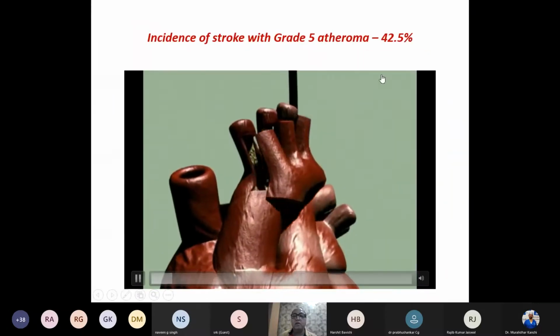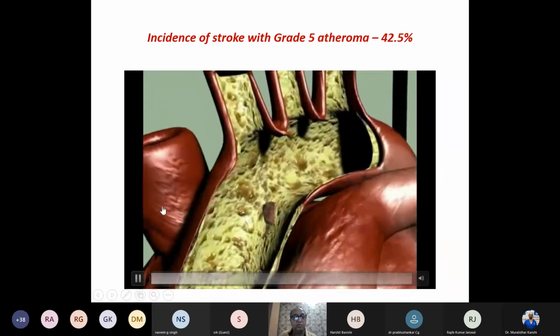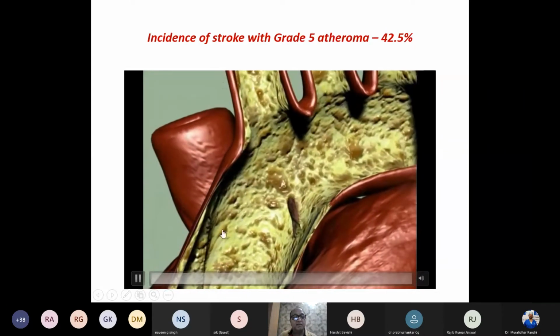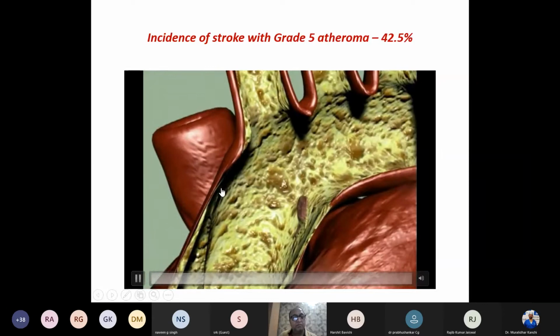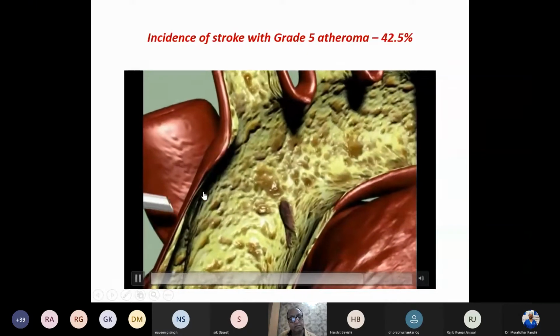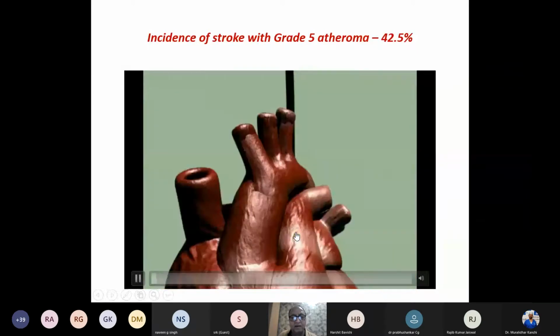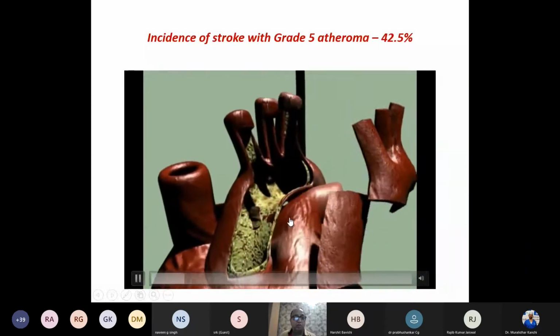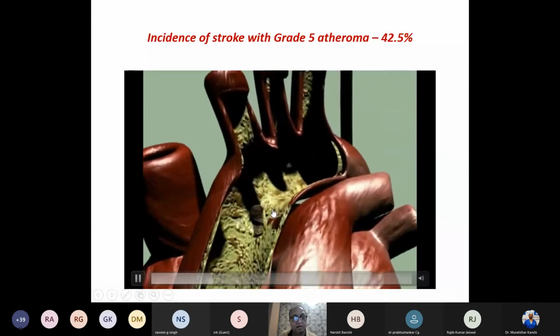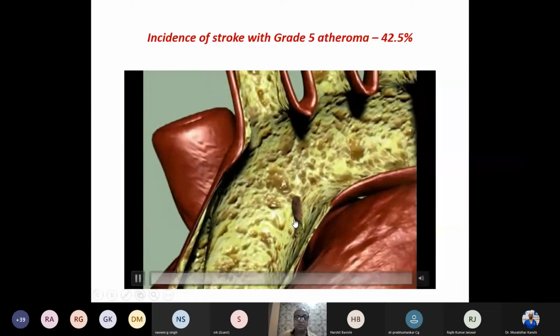Now, how does a grade 5 atheroma cause a stroke? This is one of the videos which will show you, especially when we go on CPB and the aortic arch is cannulated before going on pump. Once the aortic cannula comes into place and we start the pump, you can see the flow of the blood hitting the mobile atheroma, and this is known as the sandblasting effect of the flow, wherein multiple emboli can occur, and the morbidity and mortality rate is definitely high. Hence the requirement of assessing all the zones of the aorta.